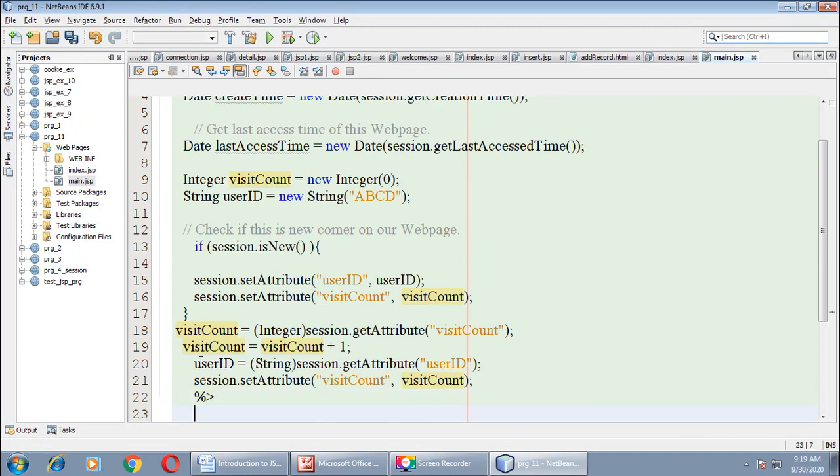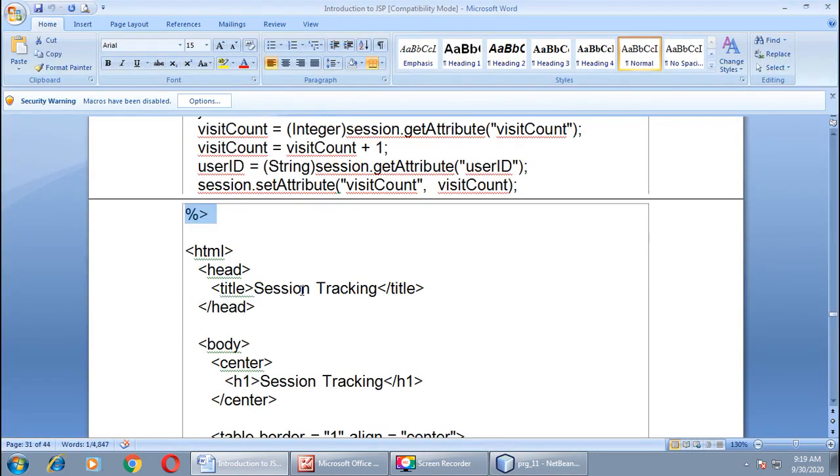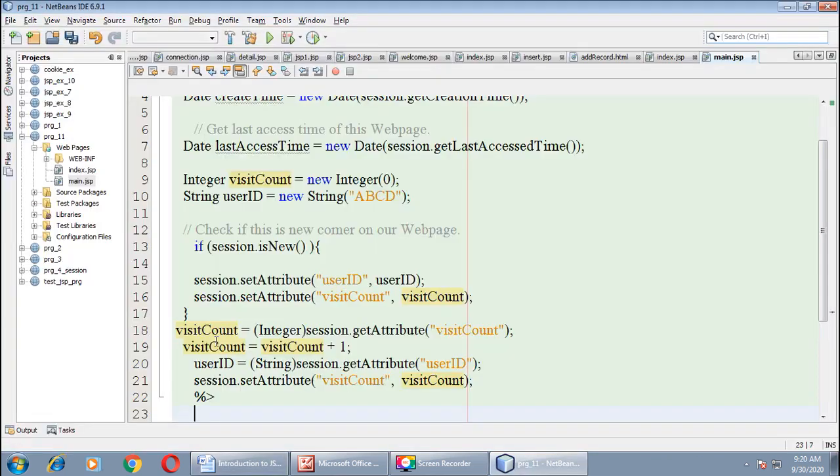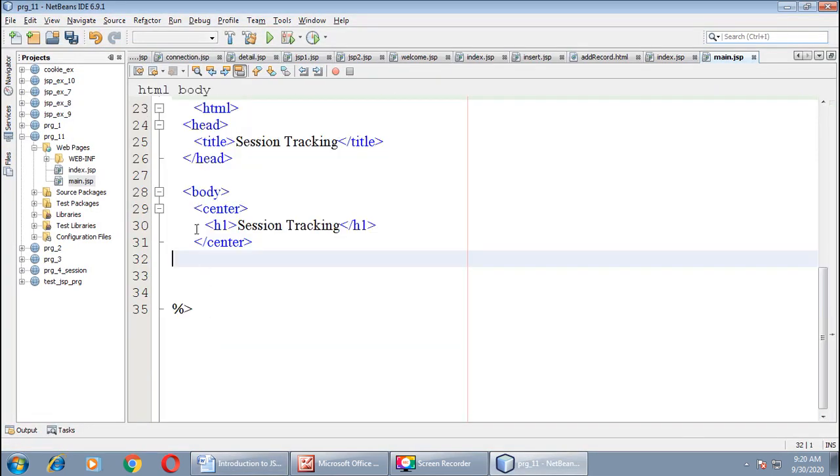After that we will embed the HTML code. Head tag begin, title tag begin, body tag begin, then center tag begin. Okay.